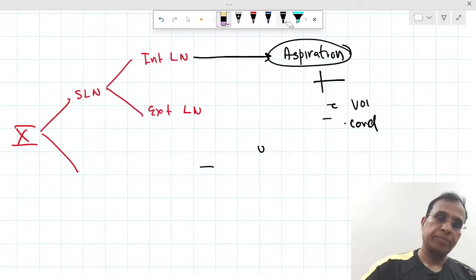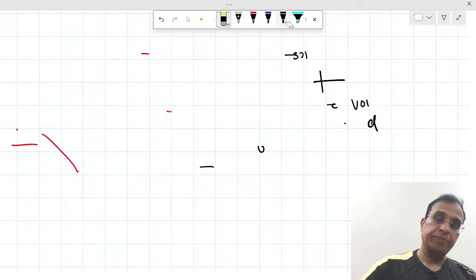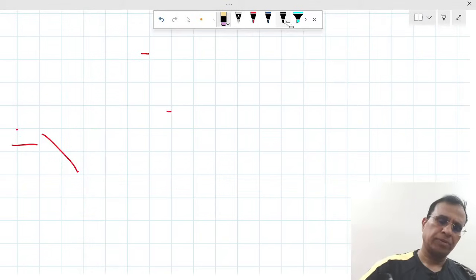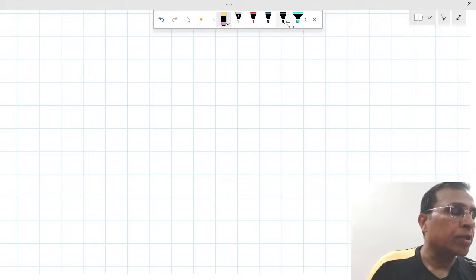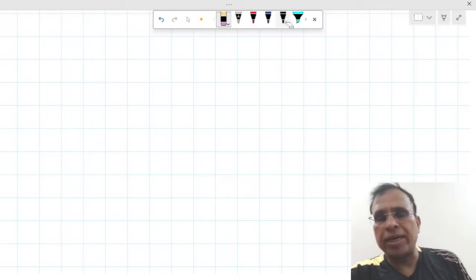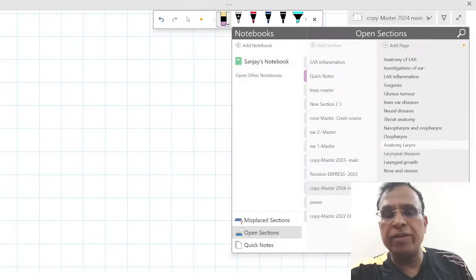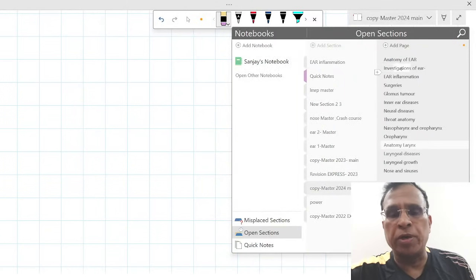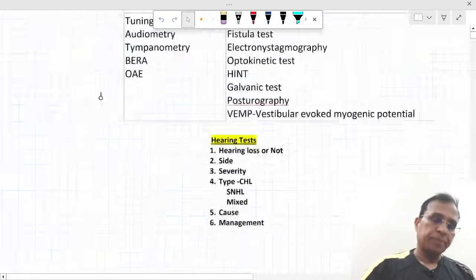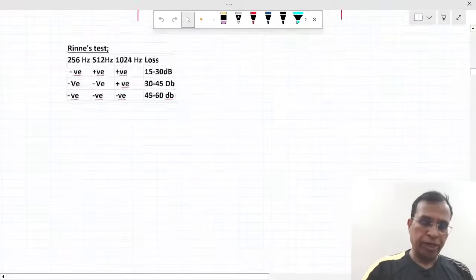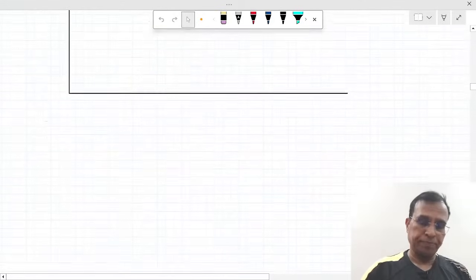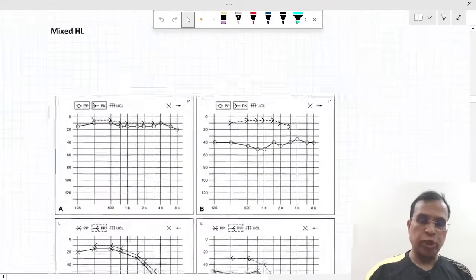So that is one thing. Then audiometry, I don't know, audiometry will take 1 hour to teach properly, but see, when you get an audiogram like this, let's say they show you an audiogram like this,